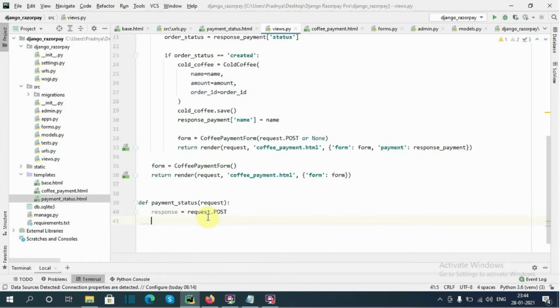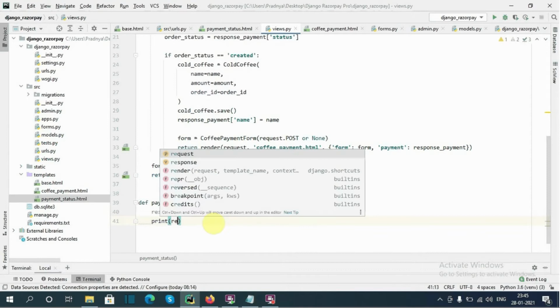Okay, using request.POST we will collect the data returned by the checkout form, that is Razorpay payment ID, Razorpay order ID, and Razorpay signature along with all the data. Okay, so here I will show the data returned by the checkout form using print(response),